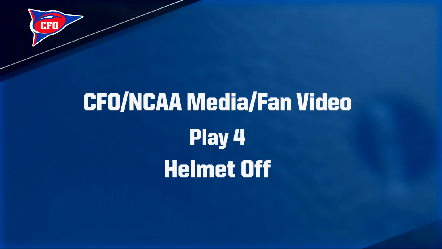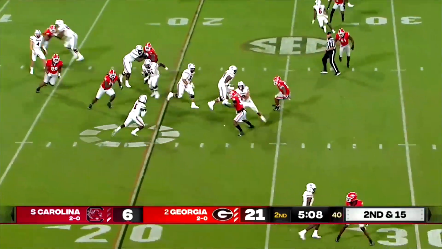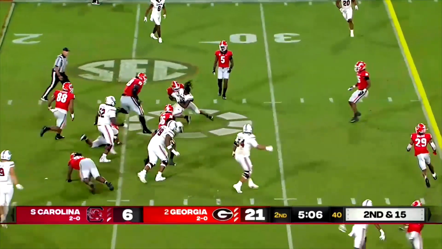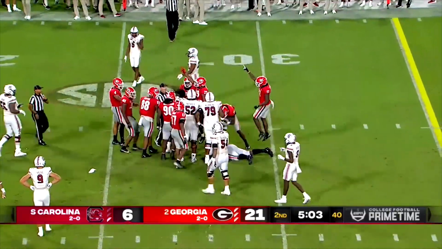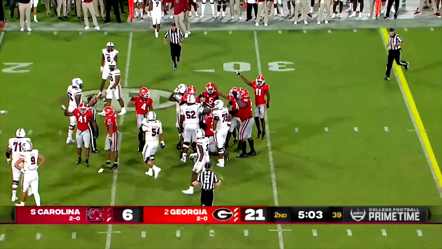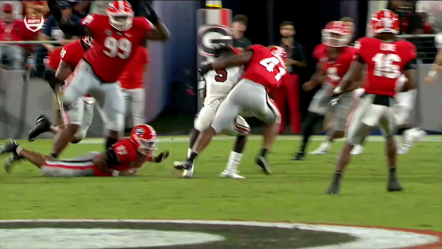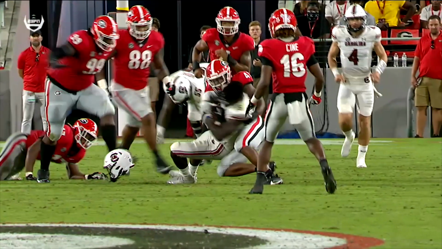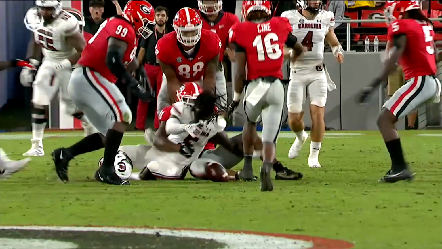Play 4, we've got a 2nd and 15 situation. We get a quick pass behind the neutral zone to the slot receiver number 5. He turns it upfield. We see he's hit, tackled, and the ball comes out, and his helmet comes completely off. Now, the defense is signaling that they have the ball, but as we go back and look at the low end zone view, we see that the helmet comes completely off, and then defender number 41 strips the ball